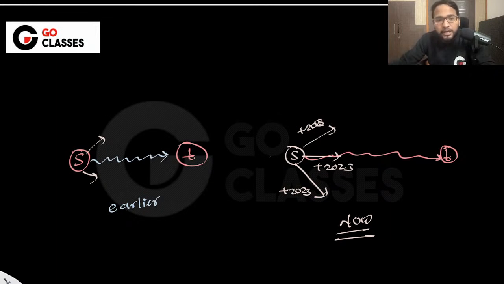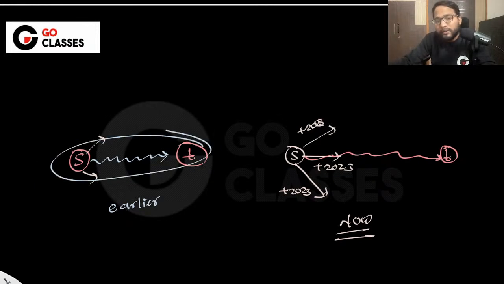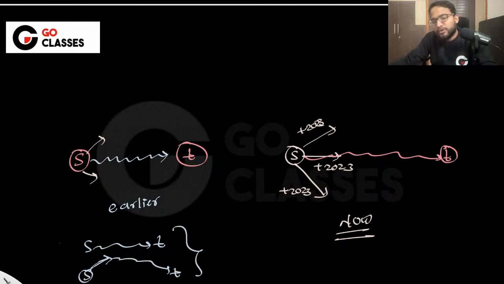See what is happening here. If we are increasing every edge weight leaving S by 2023, let's suppose, even though there are algorithms like Dijkstra, I'm just enumerating all the paths from S to T, and then finding the shortest path between S and T. Enumeration means you say, okay, this is one of the paths, and then this is another path, and this is another path leading from S to T. On all the paths, if you compare earlier, and now also, since all the paths are going to have exactly one edge with the 2023 increase,